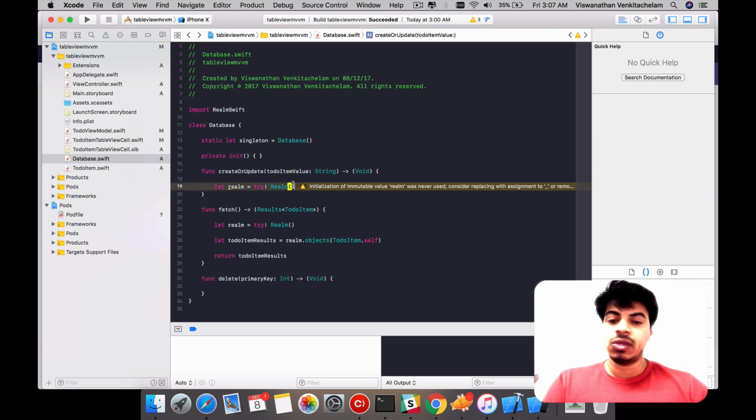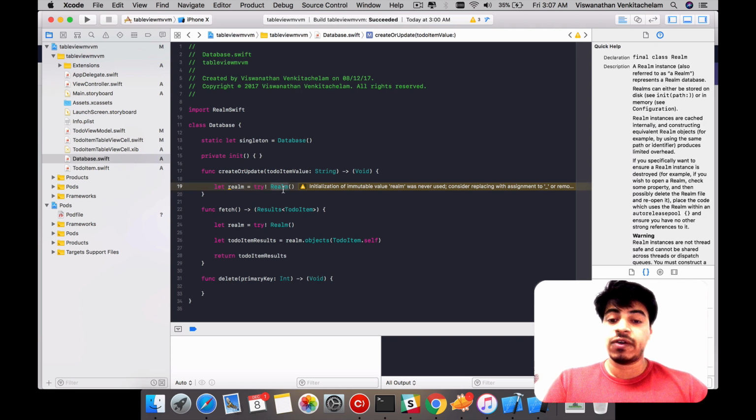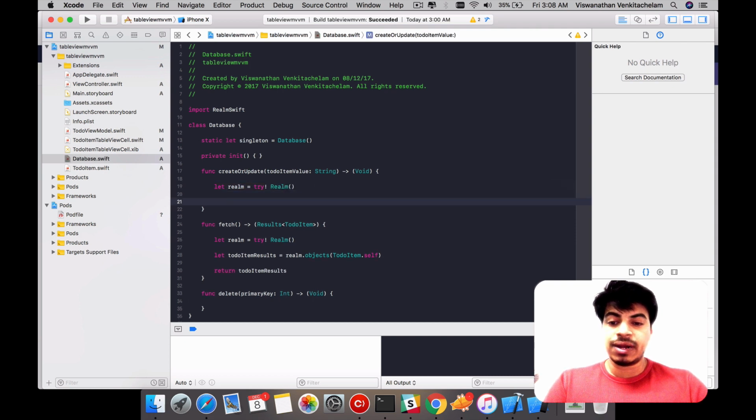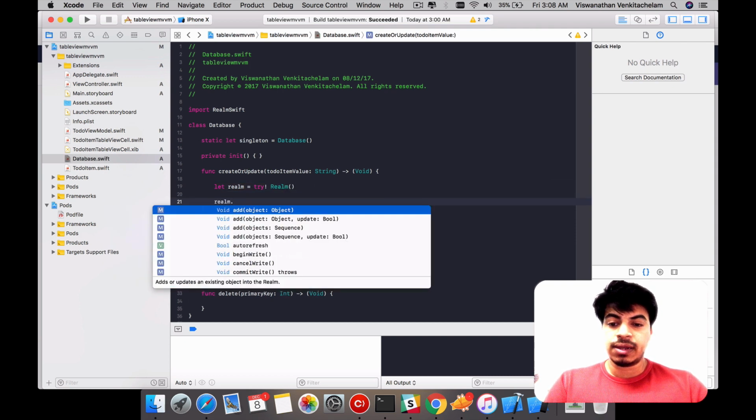In that case, you can create configurations for each user. That is not in scope of this tutorial, so let's do that in the coming ones, where I'll be including to-do items for different users who can log in, so we can see what will happen there with different configurations. Currently, let's stick with the default Realm instance, and then